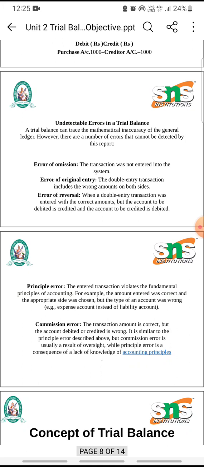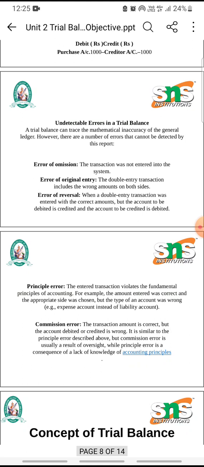Principles of error: the entries of a transaction violate the fundamental principles of accounting. For example, the amount entry was created and the appropriate side was chosen, but the type of account was wrong. For example, an expense account was included in place of a liability account. Commission error: the